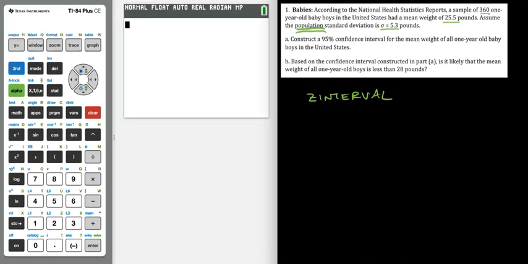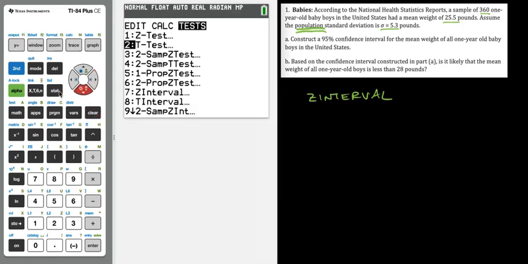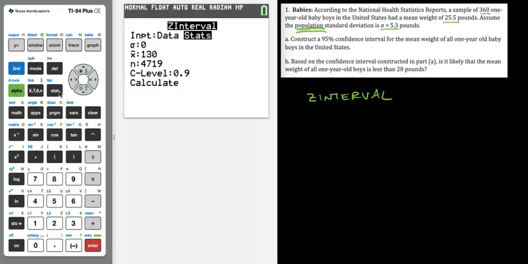Okay, so we press stat, we go over to test, and z-interval is number 7. We put it on stats because that's what we have here. And sigma is 5.3. X bar, the sample mean, is 25.5. And then n, the sample size, is 360. We want to create a 95% confidence interval, so we can either put in 95 or 0.95, and then we get our answer of